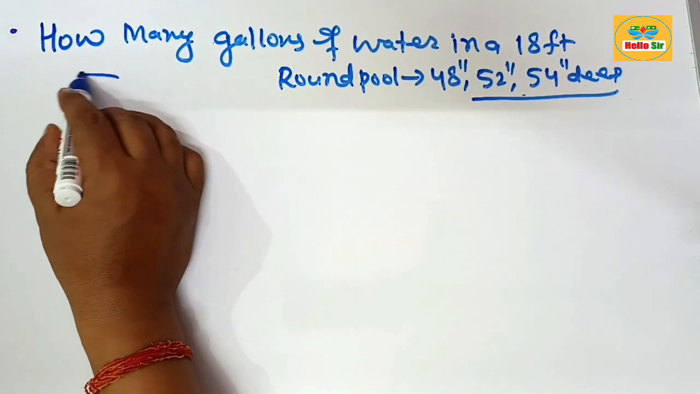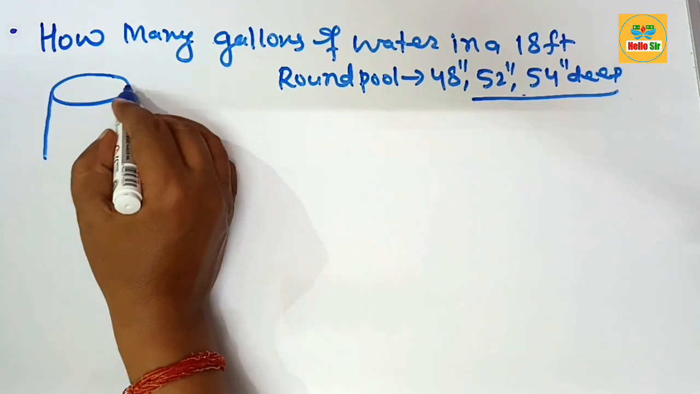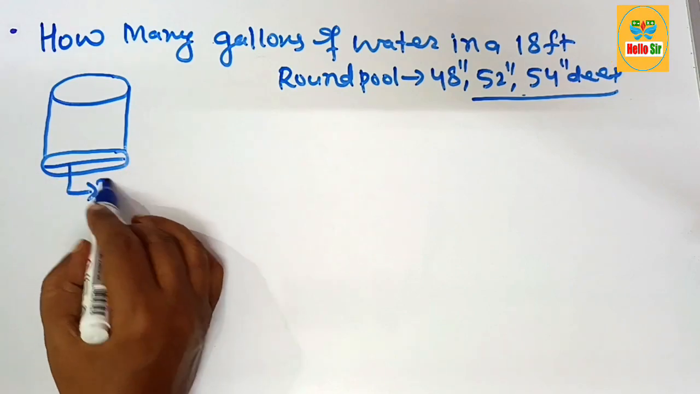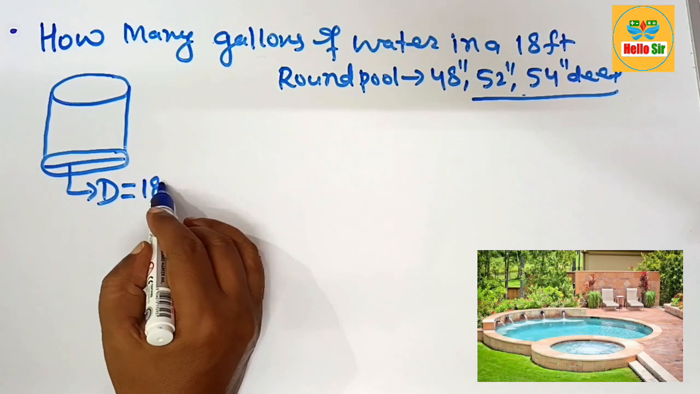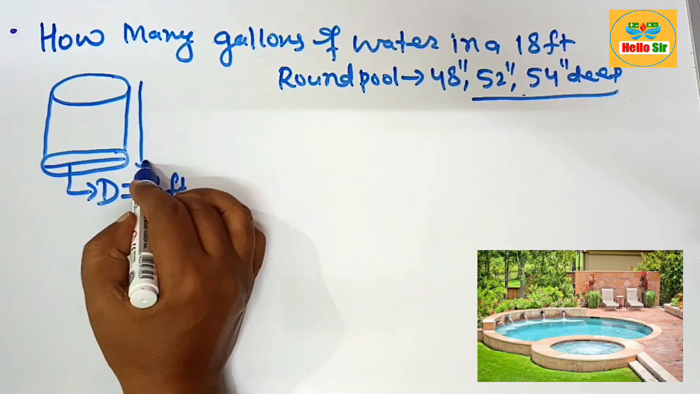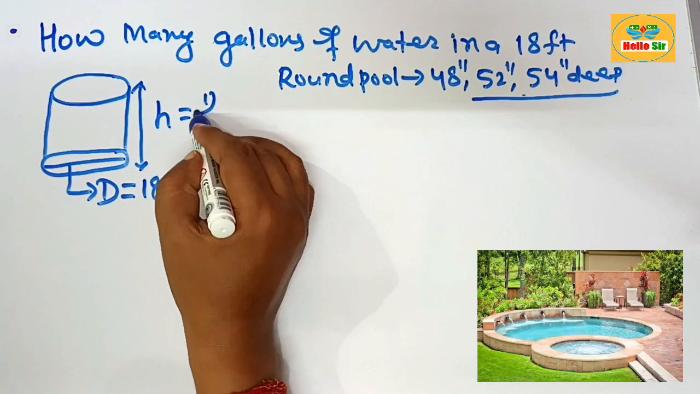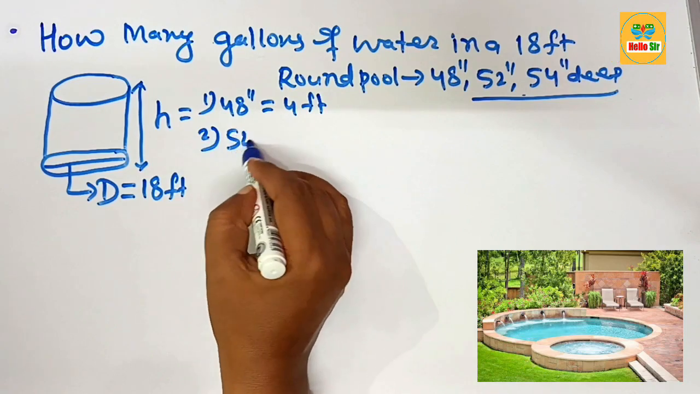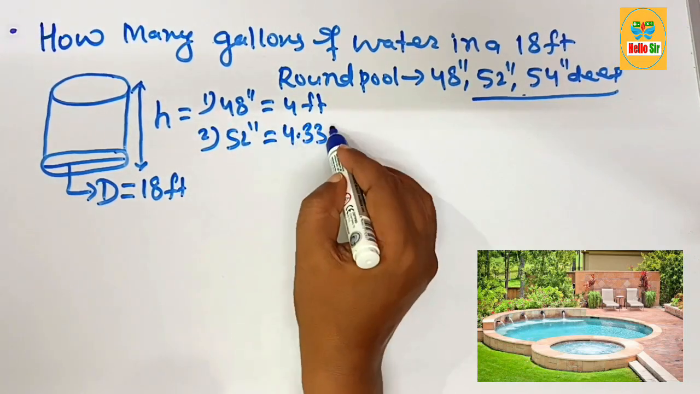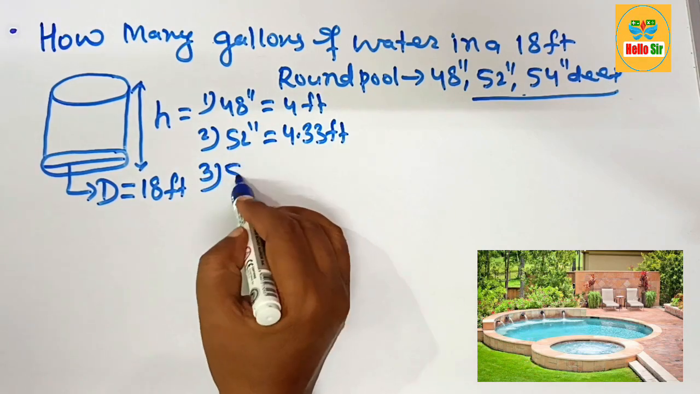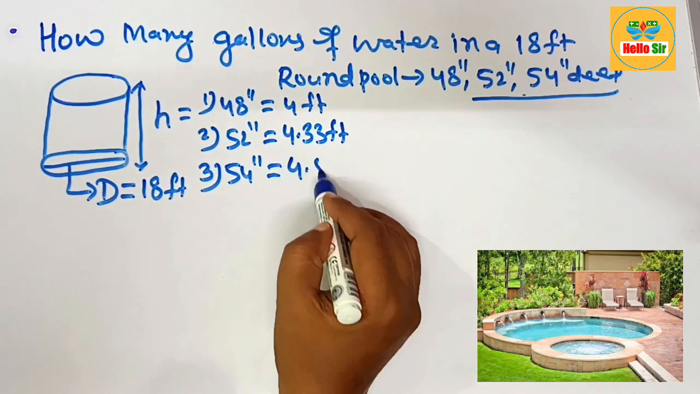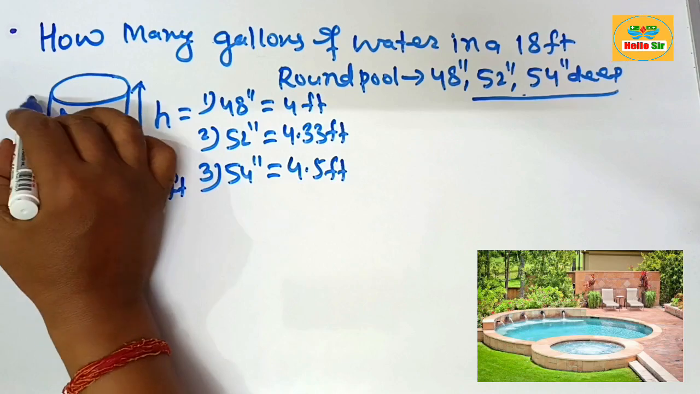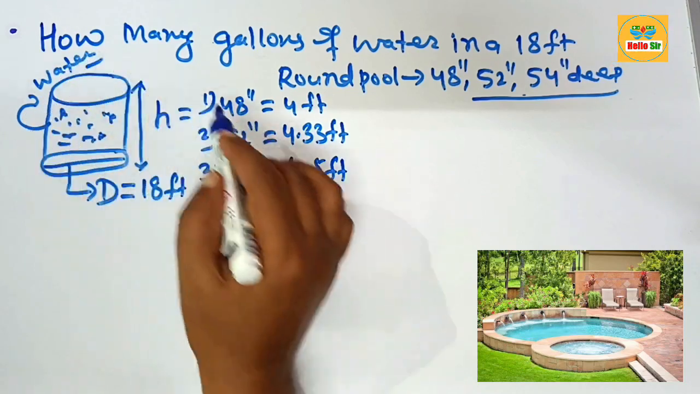First, here we make a rough diagram to understand the cylindrical shape round pool. This one is a cylindrical shape, and this is the diameter of the pool. The diameter of the pool is 18 foot, and this one is the height of the pool, that equals maybe 48-inch deep, that equals 4 foot, maybe 52-inch deep, that equals 4.33 foot, and 54-inch deep, that equals 4.5 foot, and this space is filled with water, and you have to find out how much water is needed to fill